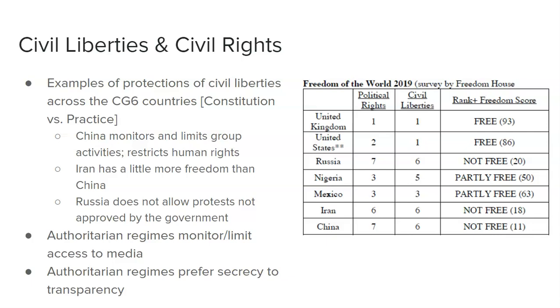Now, Freedom House has a ranking system. So of our CG6 and also the US, when we look at this, the UK is the most free. The US is free. Russia is considered not free, okay? Nigeria is partially free, Mexico is partially free, Iran and China are not free. Now, this should not come as any surprise to any of us. Our authoritarian regimes are not free, our democratic regimes are free. So, China,